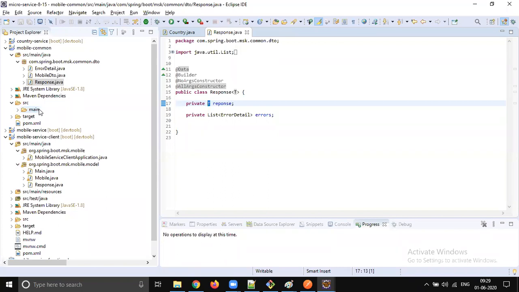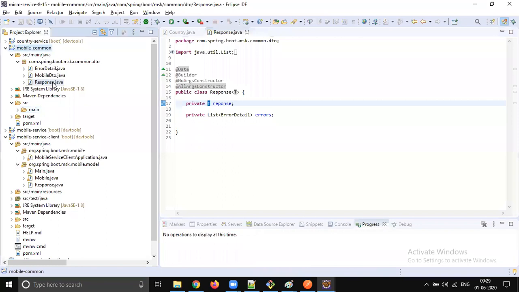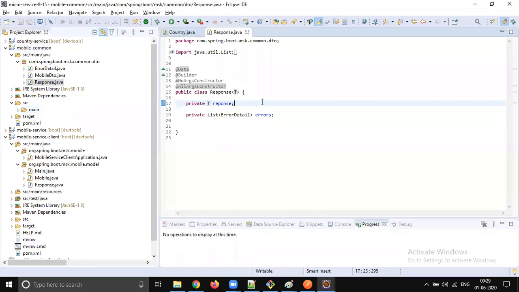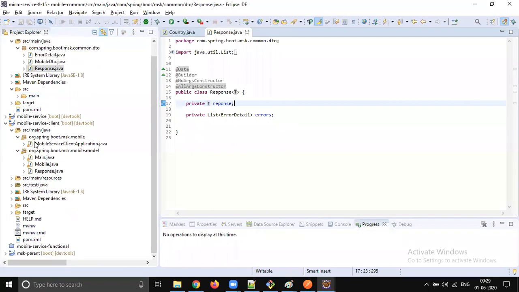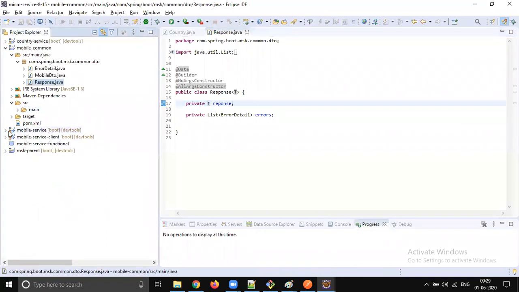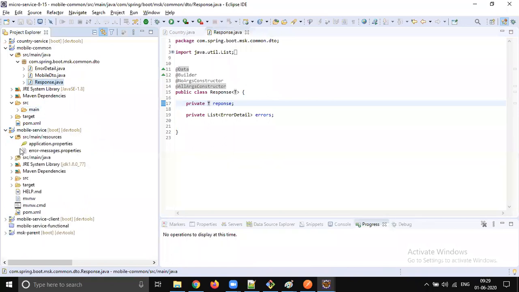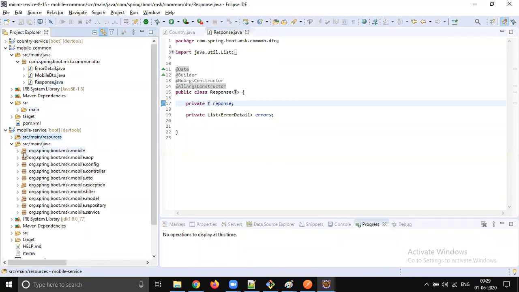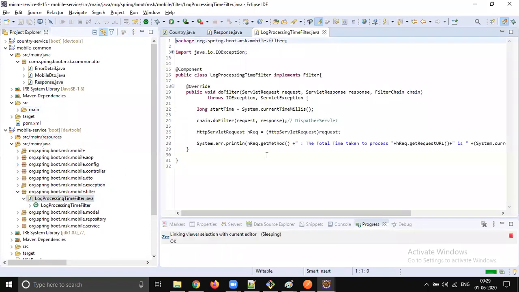But only for three classes we can't create a project, right? So what should we do? We should add some more components, like the common functionality we already discussed yesterday. We have filters for complete time logging.